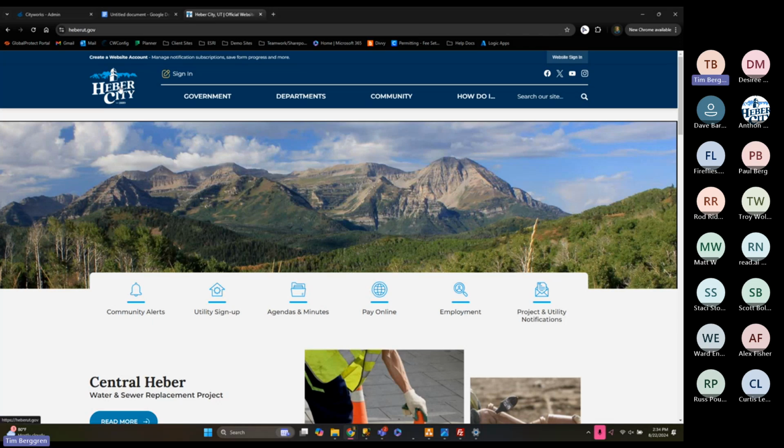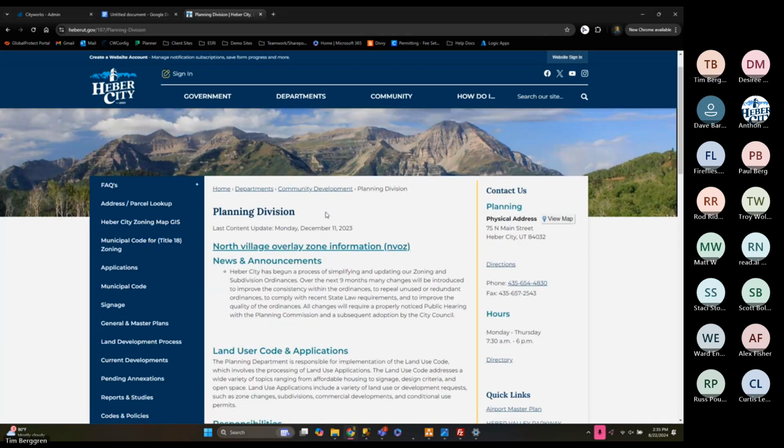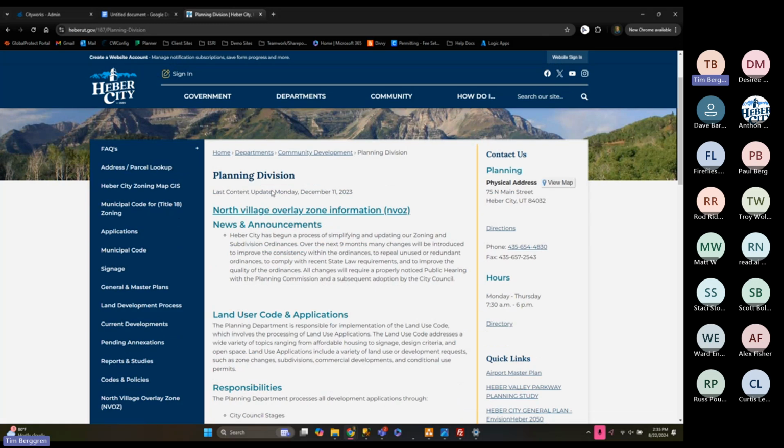So if you go to heberut.gov, you should land here on the home page. If you go to departments, I know there's a lot of links there, but if you go down under community development, you will see the planning division. If you click on that, it'll bring you into this next page where it has some news. If you go to the left side menu, you should see applications. And if you click that,